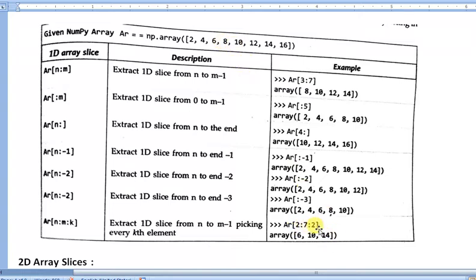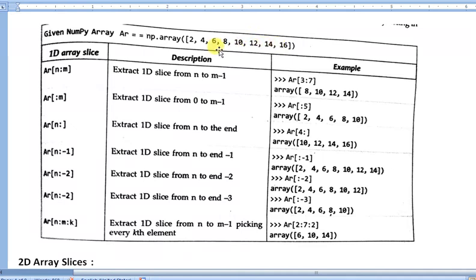Now 2:7:2, meaning 2 to 7 with alternate values. Counting 0, 1, 2, the element at index 2 is 6, then 3, 4, 5, 6.